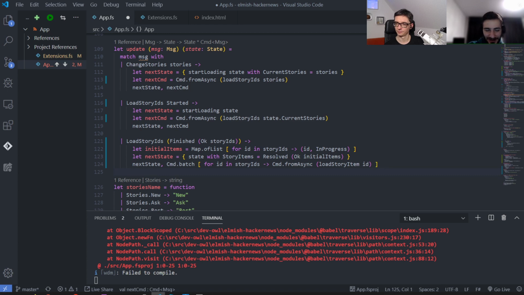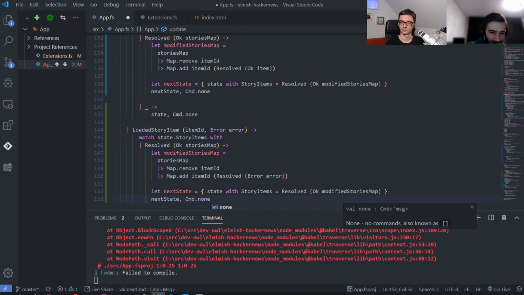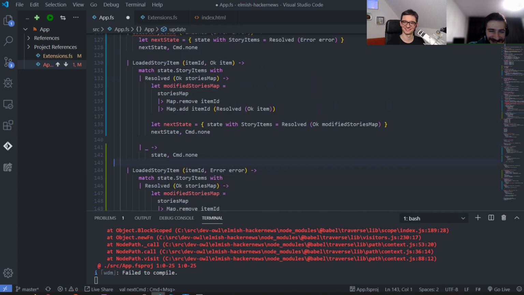Cool. So now back to this. I have these two events. The loaded story item event takes an item ID and handles the OK of item or an error of error item. So maybe a parse error, maybe some HTTP error of an individual item again. So here's something very important,